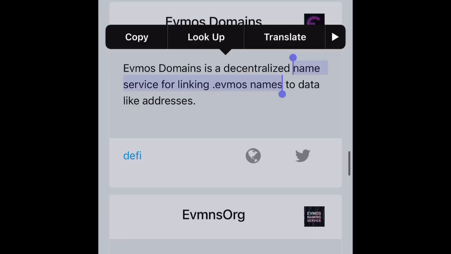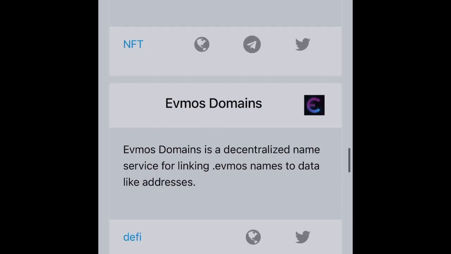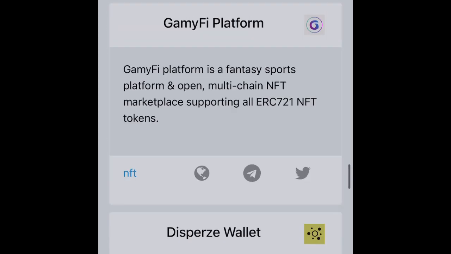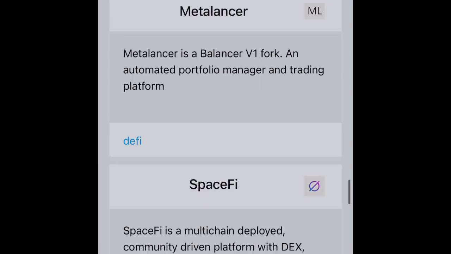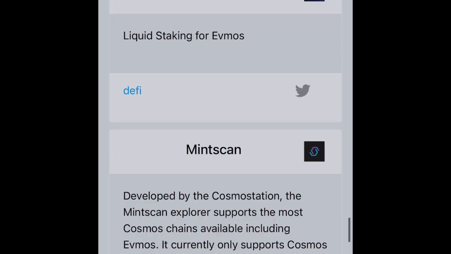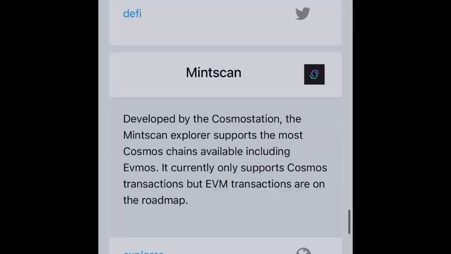I'll show you guys later on in the video the little quirks and features to that, you know what I mean? Like disperse wallet. I never used that. Most of the stuff I haven't used, but I am in the main stuff like the Orbital Apes.